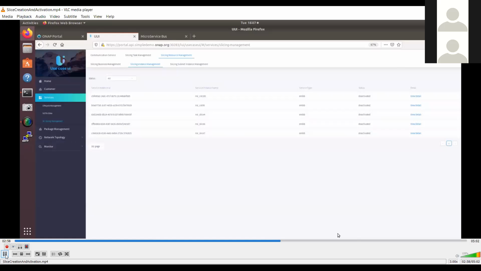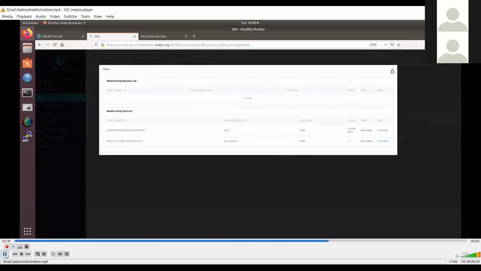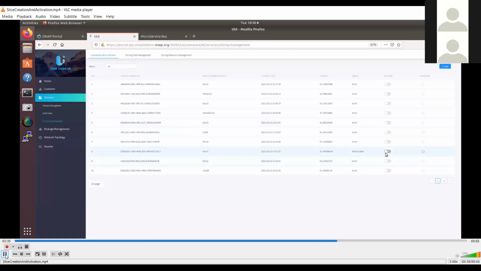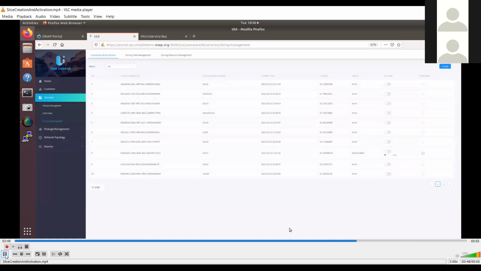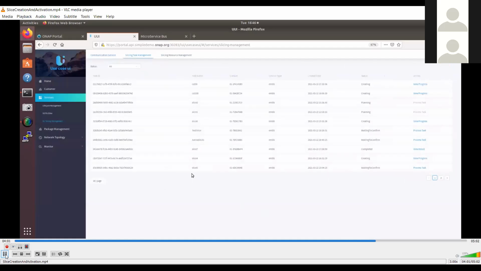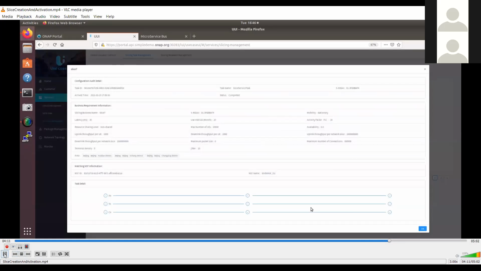So this is more of the entire GUI and the flow, and what are the different tabs that are associated with the slice. We have created the slice, and at some point we will activate it. So now this is the point where we go and activate the slice. Activation takes some time, and after the slice is activated, we can go and look at slice number 7, which was activated, as we see in this diagram. Just roll back a little bit.